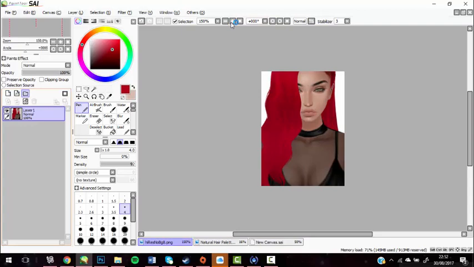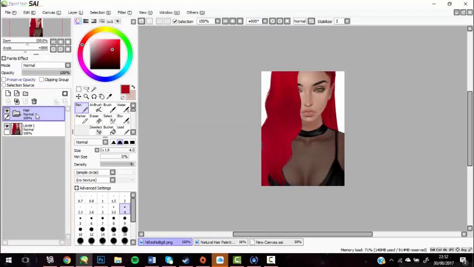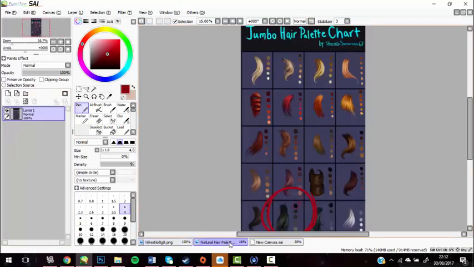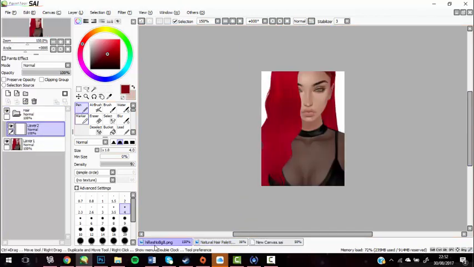So to start off, I always make new layer sets, which is this button here, and rename it to what I'm doing. It just makes things easier and you can control everything that's there. So then a new layer, and I choose the darkest colour that I want the hair base to be. So if you were using a palette like this, you'd use the darkest colour. And I get the pen tool,